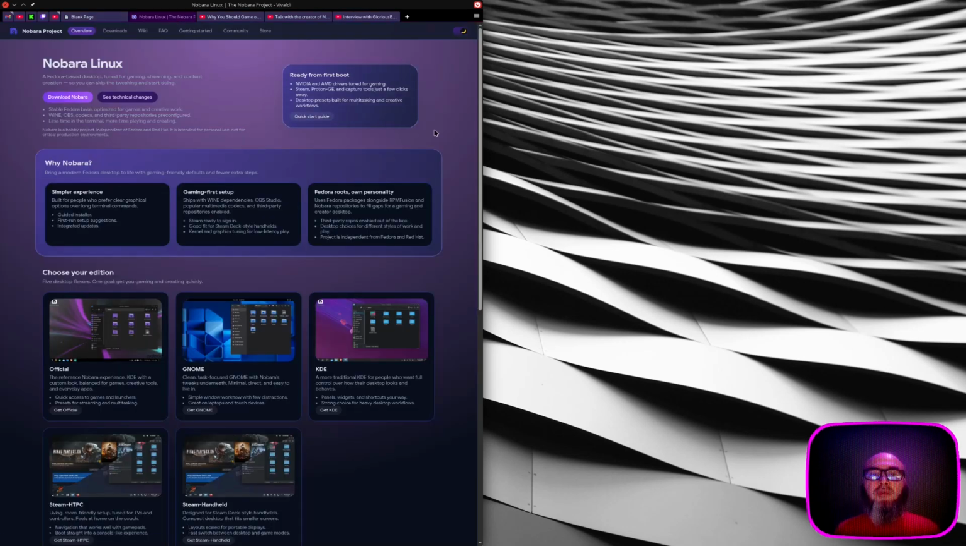Of course, he's not developing Nobara Linux alone. For quite some time now he has had help from other people, but he was, and I think he still is, the soul of this project. Anyway,